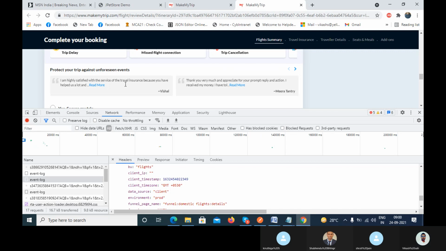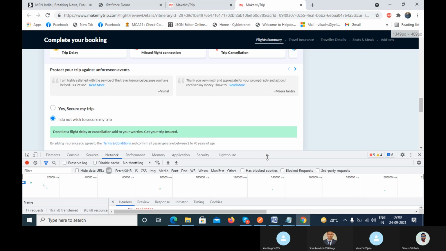Clear, madam? Yes, Vikash. I was actually okay with this website, these concepts are completely fine. I was just asking, we can't represent Make My Trip or a JPEG store, right? Is there some real time website? Can you just give me the overall thing, not the exact website? You can take your project example. Okay, your project example. No problem.